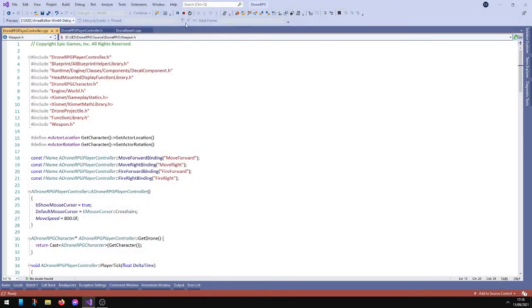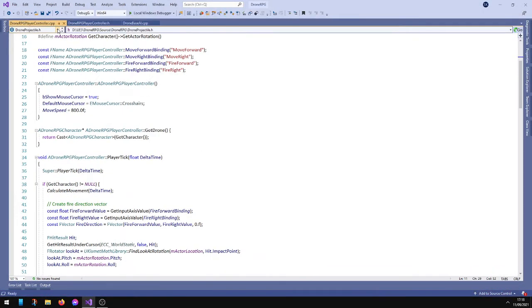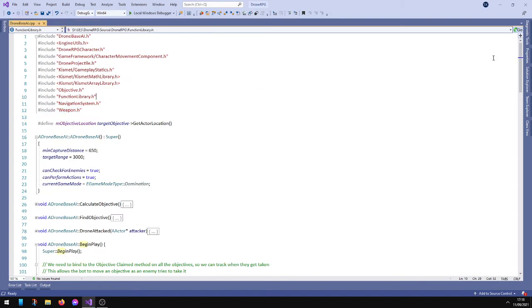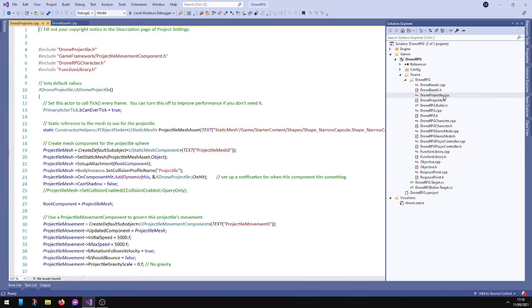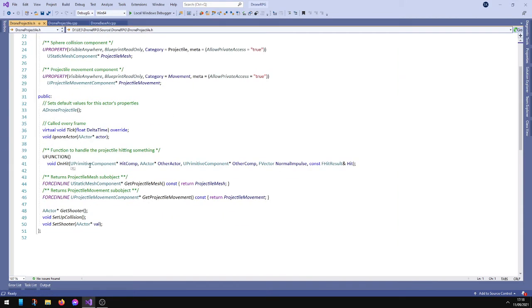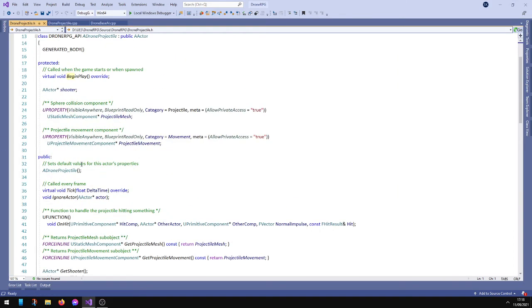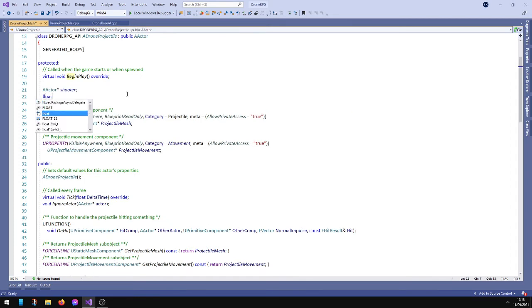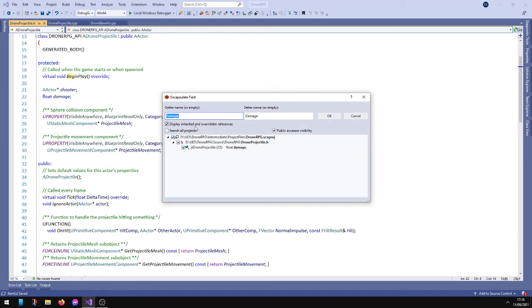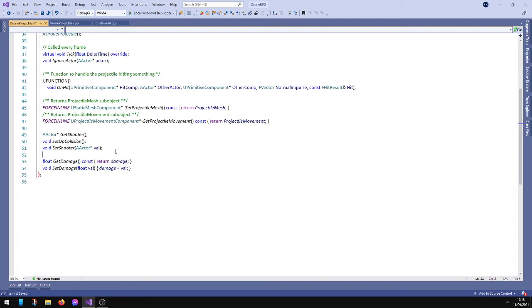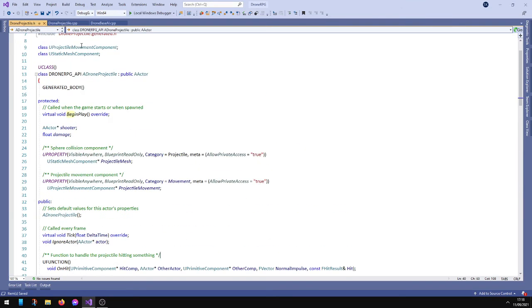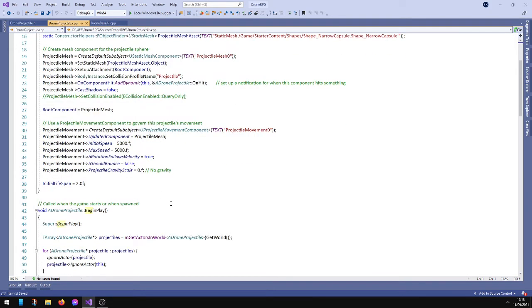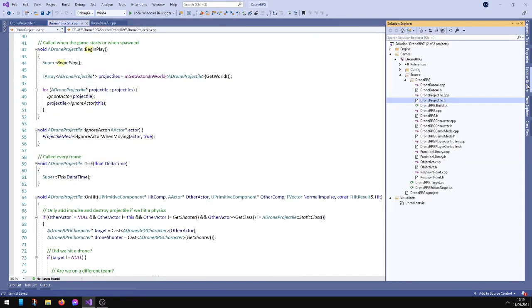Okay, so now we can do some useful things. We don't need to make any modifications to these anymore. So we go into the projectile class, and in protected, I guess, float damage, and then we encapsulate this with a getter and setter. And then in here,